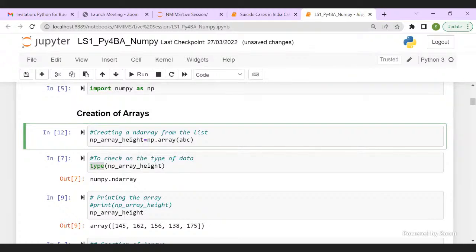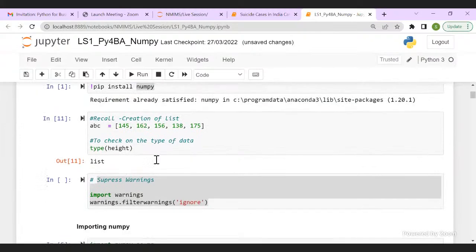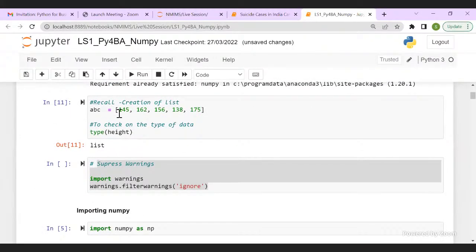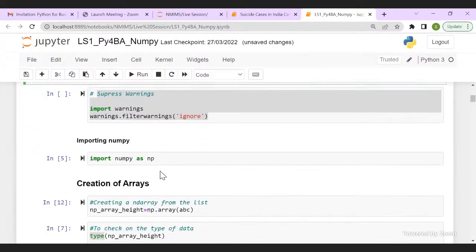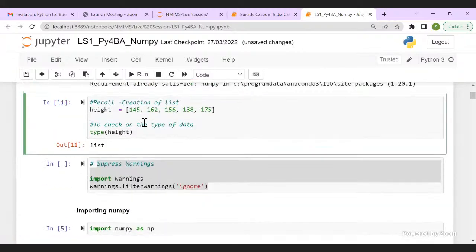Sanhita, what do you want me to show again, beta? Can you tell me? Should I recreate the error or the list? Okay, here. See, this is the list I've created. I'm putting name back to height because in my code later on, I'm calling it again and again, and then I will have lots of errors. Okay, so I have here height.